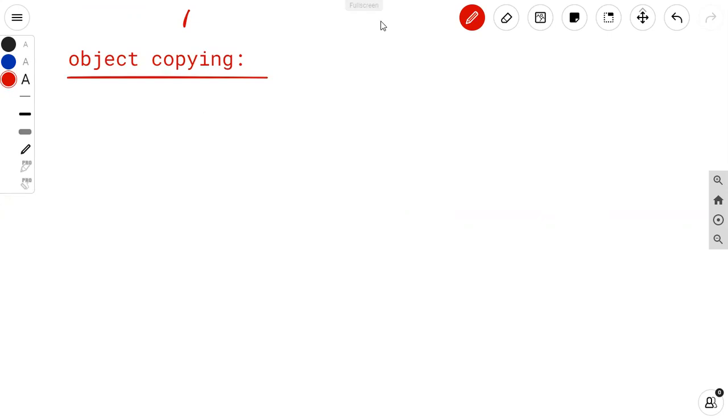Okay, so the meaning of object copying is: an object is a composite data type in OOPS, object oriented programming language, as it contains data members of different types. Composite data type means what? It contains different data types.